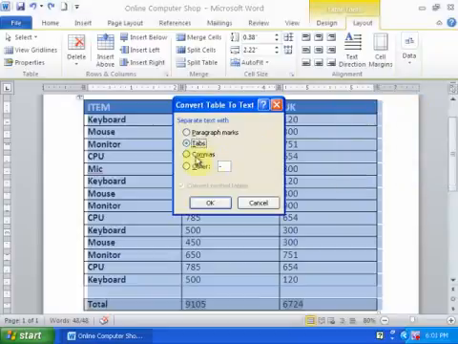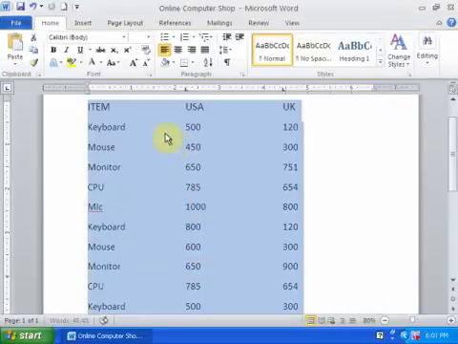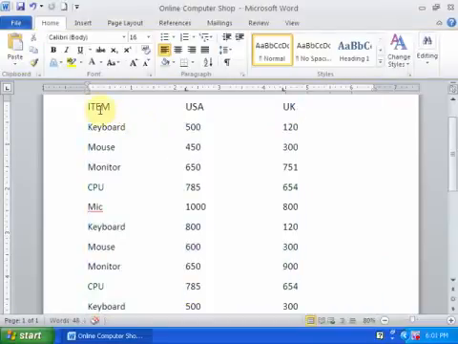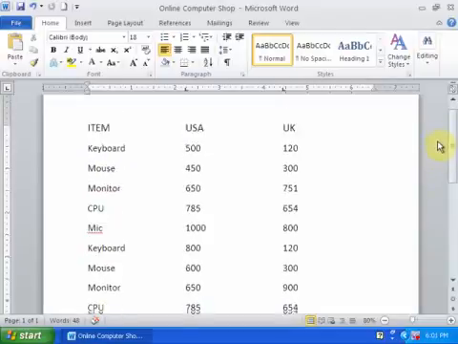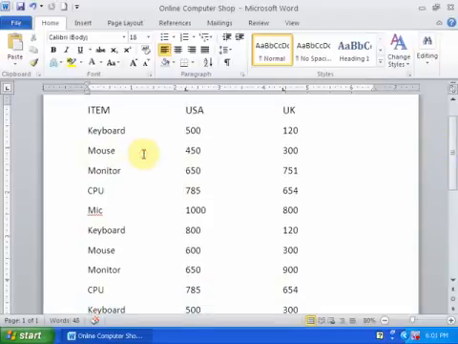Just click here. It will ask you if you want to separate text with tabs, columns, others and paragraph. I want to use tabs. Just click OK. Word will convert table into text in tab format. Here is a tab option. You can see you can easily convert table into text in Word